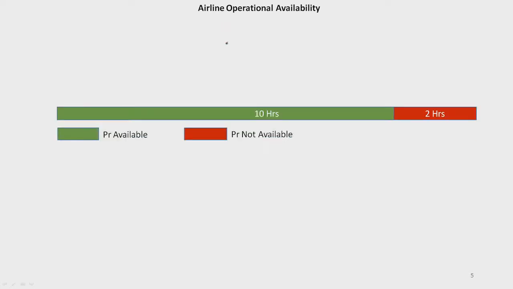Let's start. So, the general physical meaning of product availability is that the product is available or the product is not available. The green zone means the product is available, operationally available to accomplish the mission. The red zone here means the product is operationally unavailable, or UA, to accomplish the mission.